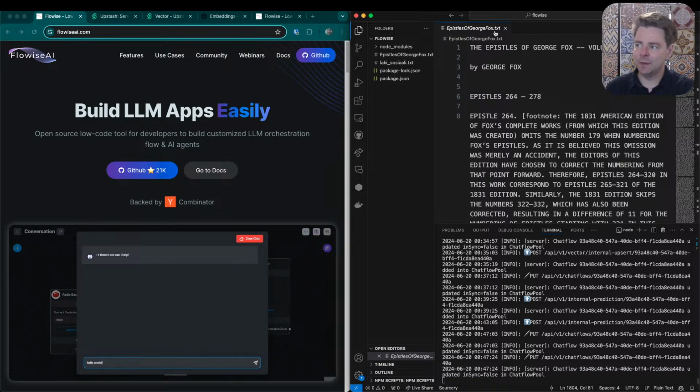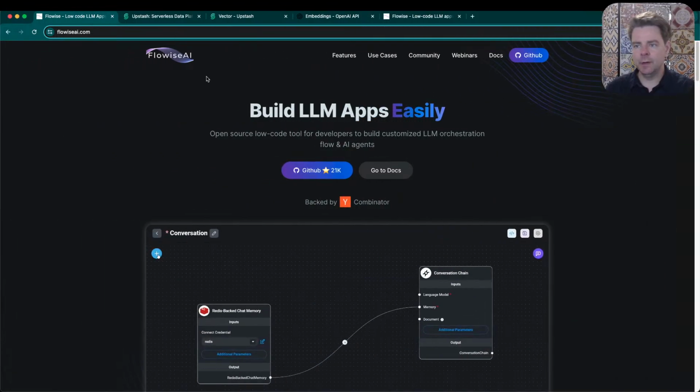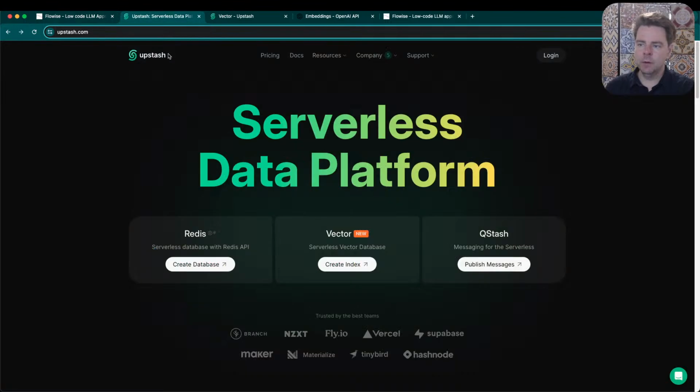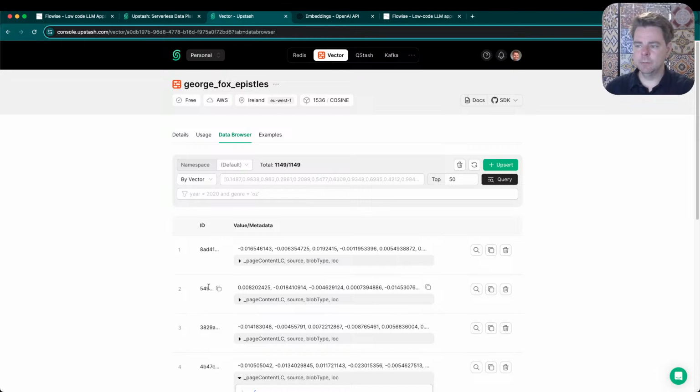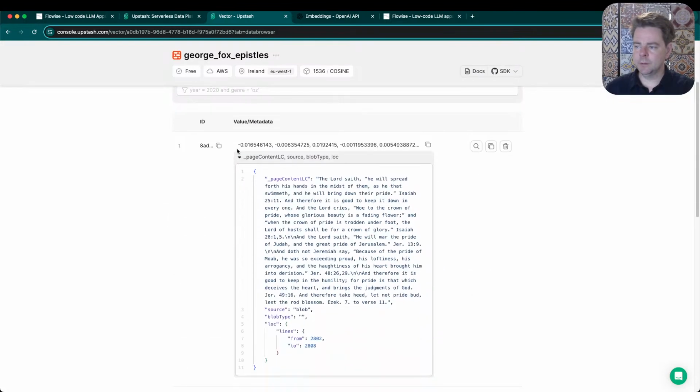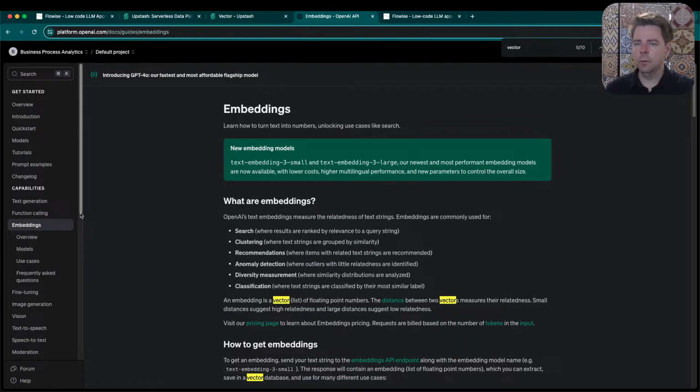This is just a plain text file, but there's actually a lot of different types of files we can use. And I'm using Upstash, the vector database. And I'll show you, this is the result of the vectorization. We took those epistles and we vectorized them, and that just means we converted the text into these numeric vectors. And each vector has the numeric array, and the original text, so you can cross-reference that. And I believe there's a way you can cite the source, like it shows me which lines that came from. And I might even be able to know the text file or article, for example, if you have a Confluence database or YouTube videos. And to do that, we use the OpenAI